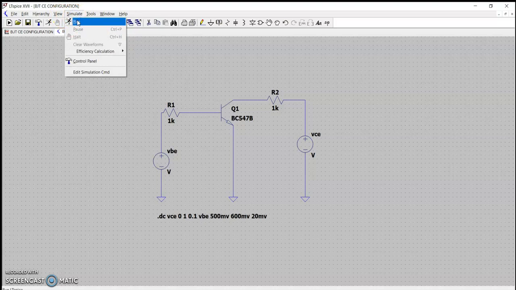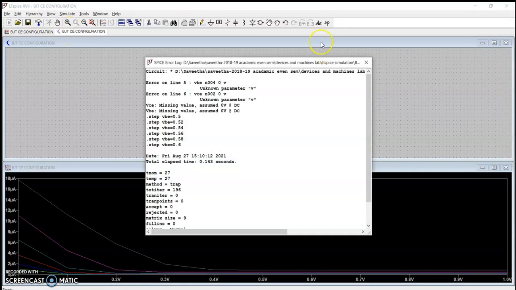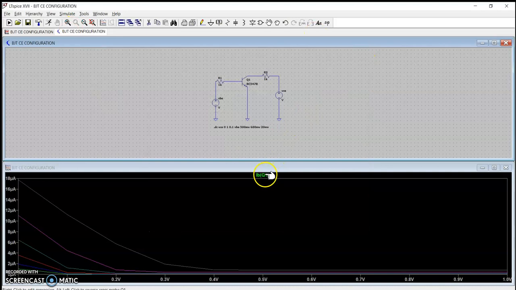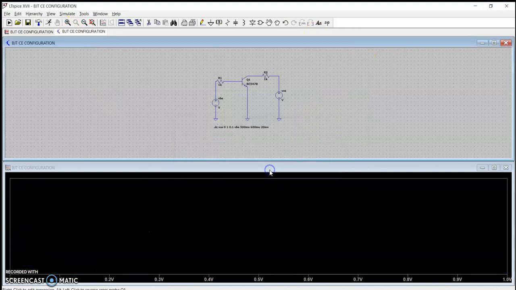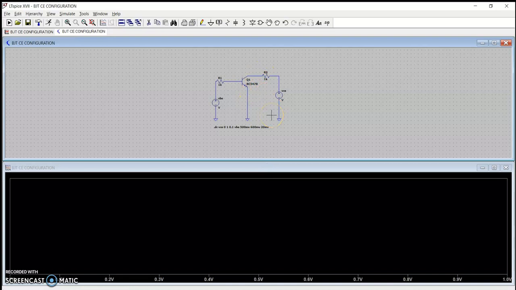And then we will now run our program and see. Go to simulate and then run. So now I don't want this trace. So right click and delete this trace. I want our y-axis to be IC. So whatever the y-axis you want, that probe you have to touch. We want current. So our x-axis has to be VCE, and then for the y-axis we need to touch this probe. We want IC current. So when you go, our IC current will come through this one.